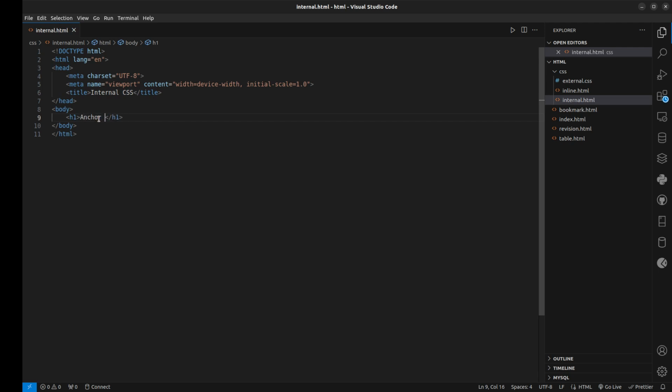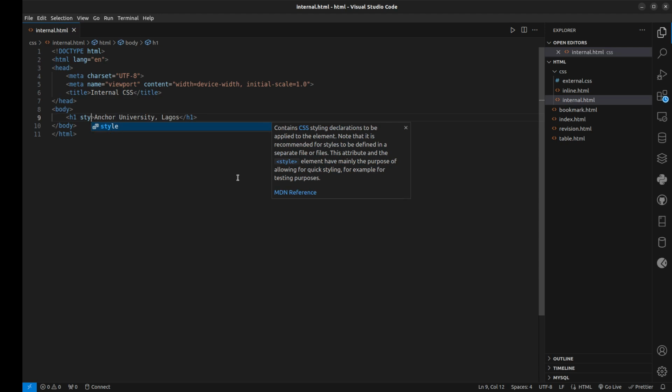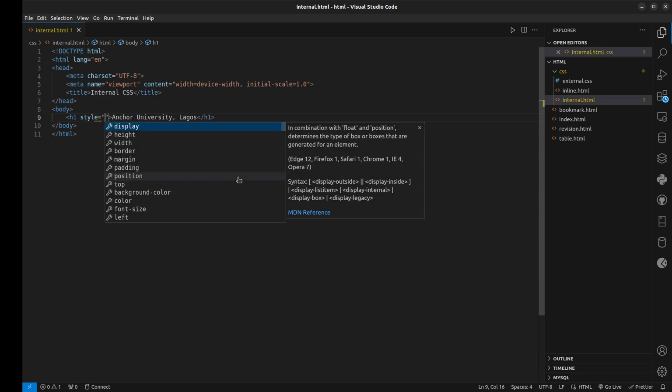Anchor University, Lagos. Okay, and then I want to put style here. Internal style says I can put it in the middle. Style. Okay, I want to center this, and I said